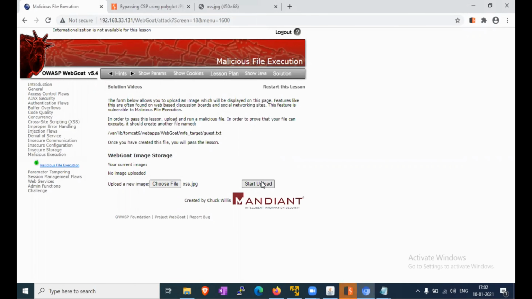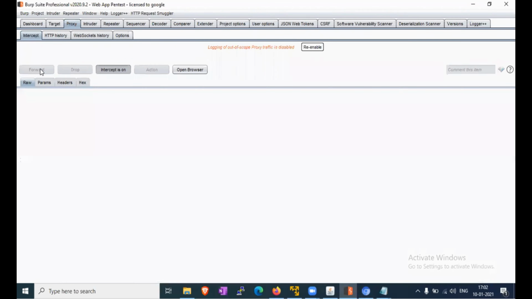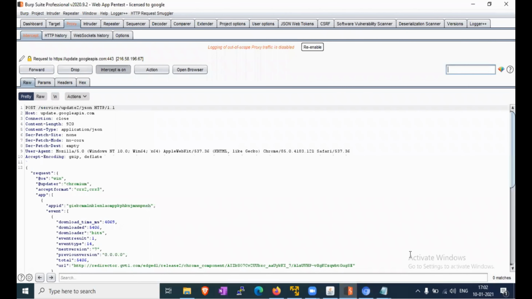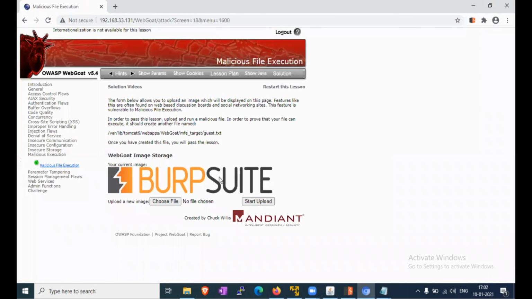Now start upload. Okay, this one, now forward. Now make sure to turn off the intercept and just check this in Burp Suite.